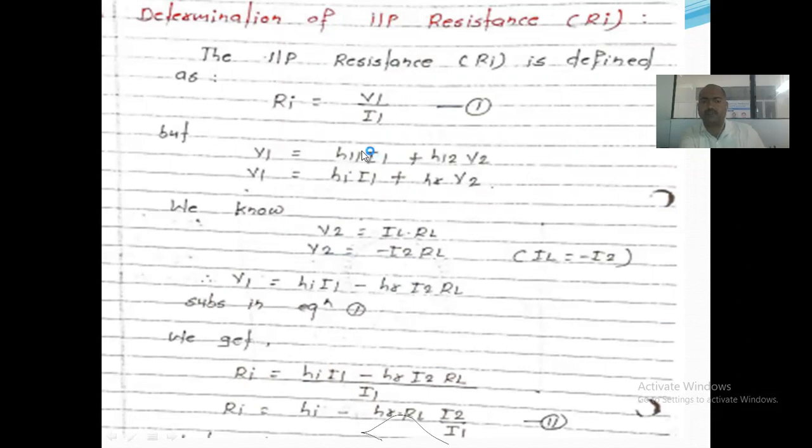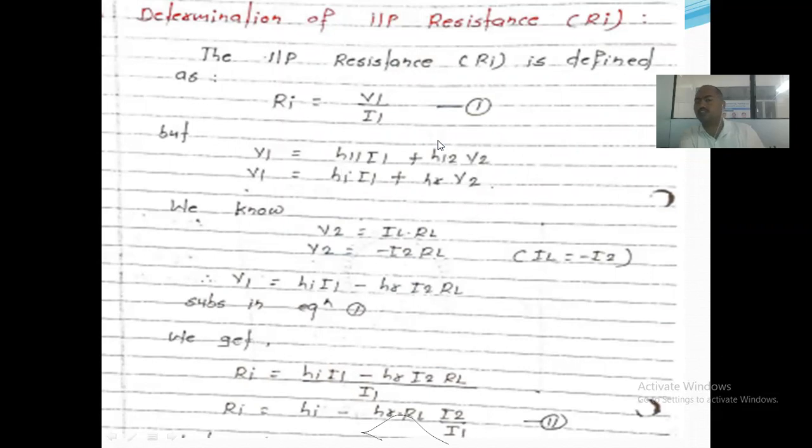We know that H11 is nothing but V1 upon I1, right? V1 upon I1. So it is nothing but R equal to V upon I. So that's why it is an impedance. Impedance and resistance are interrelated terms. So that's why H11 is nothing but Hi. This is with respect to the H parameter model. So H11 is nothing but V1 upon I1. This is nothing but an impedance, and it is an input impedance. That's why Hi is nothing but an input impedance, I1 as it is.